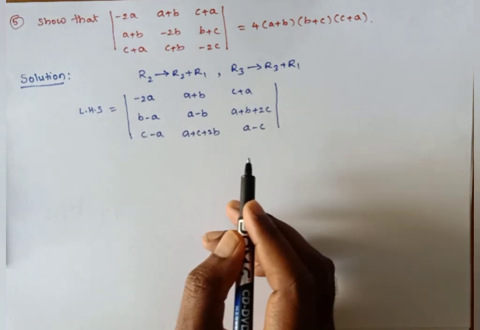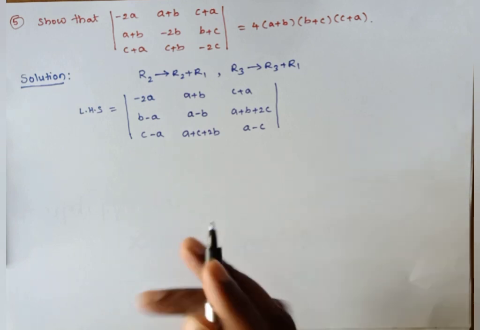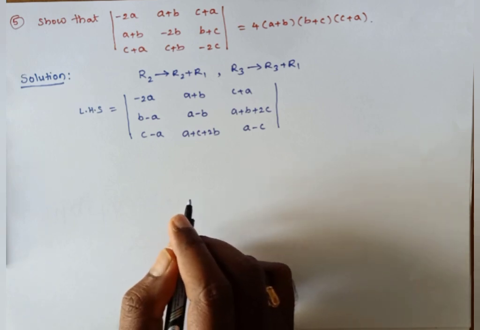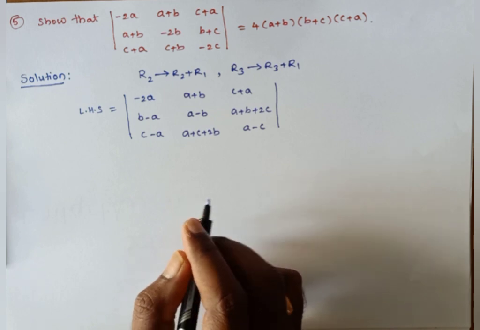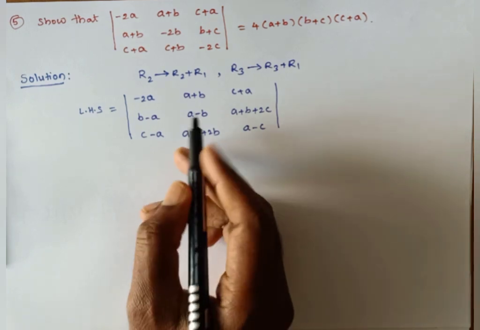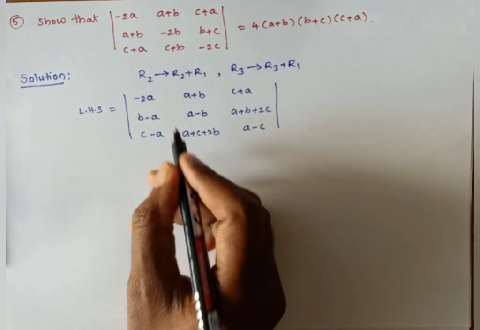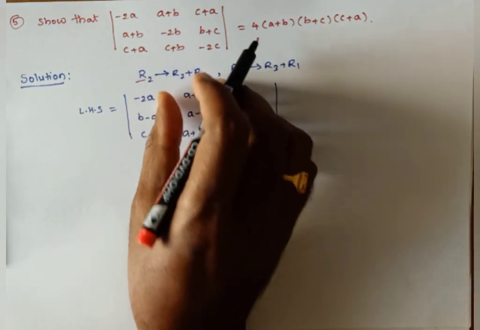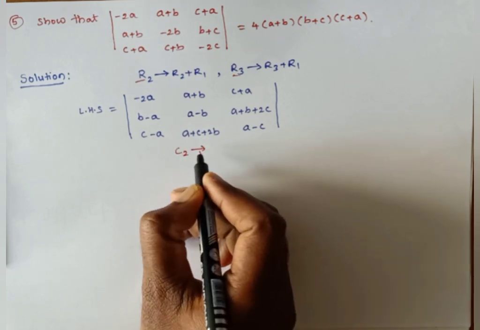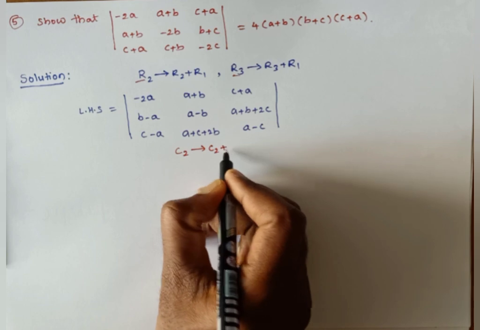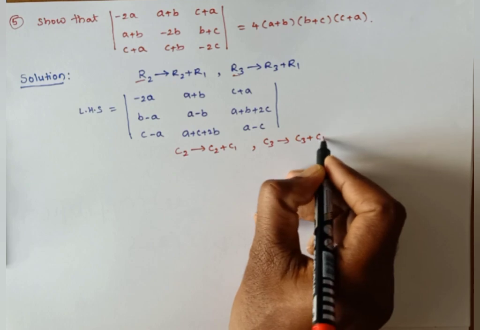If we apply the definition of the determinant, again it may be complicated. So try to apply some more operations, either column or row, your wish. But it should be in a systematic manner. Similarly, apply the column operations in a similar manner. So here we changed row 2 and row 3 like R2 plus R1 and R3 plus R1. In the same way, here I am changing C2 and C3. So C2 is changing as C2 plus C1 and C3 as C3 plus C1.